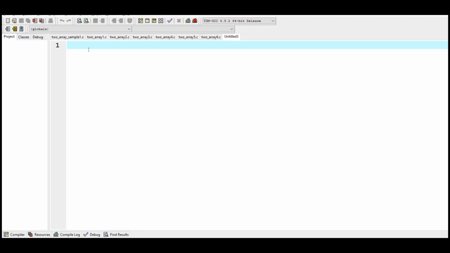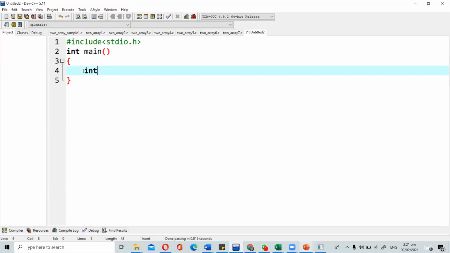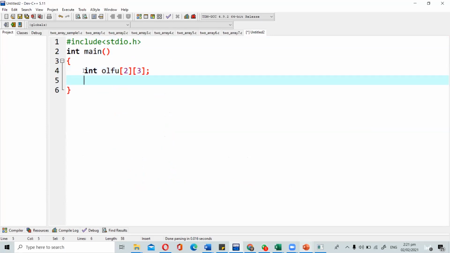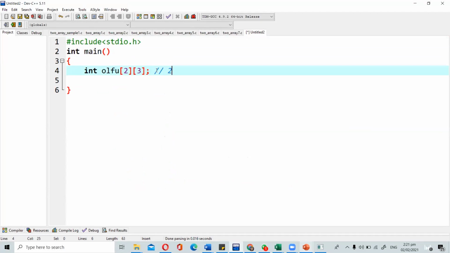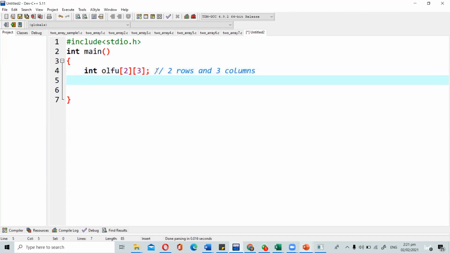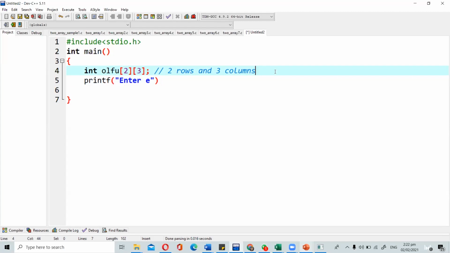For today, we're going to have two-dimensional array. So we will now declare our array. For example, I have 2 by 3. The name of my array is array OLFU. Dimensions are 2 by 3, meaning I have 2 rows and 3 columns. Now, if I'm going to input elements of my array, since I will input